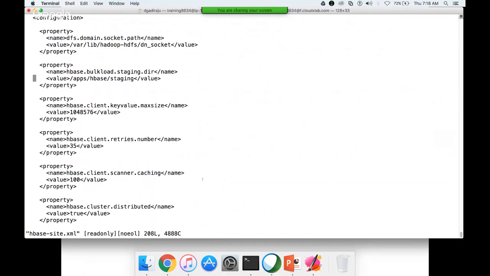And this will have all the parameters. So these are some of the memory settings. The key value max size is 1 MB. This is while retrieving the data. Okay, like that there will be